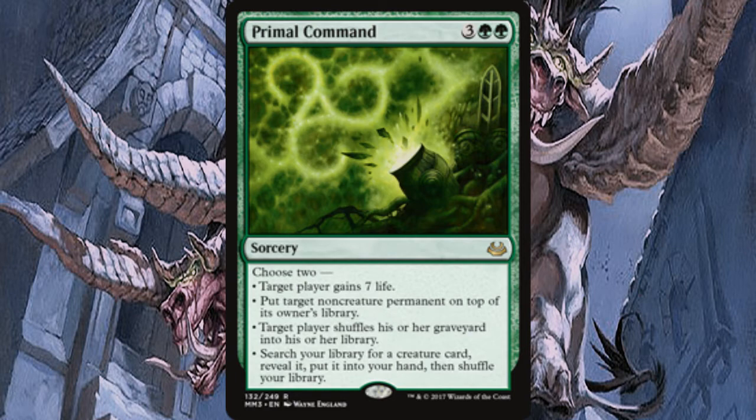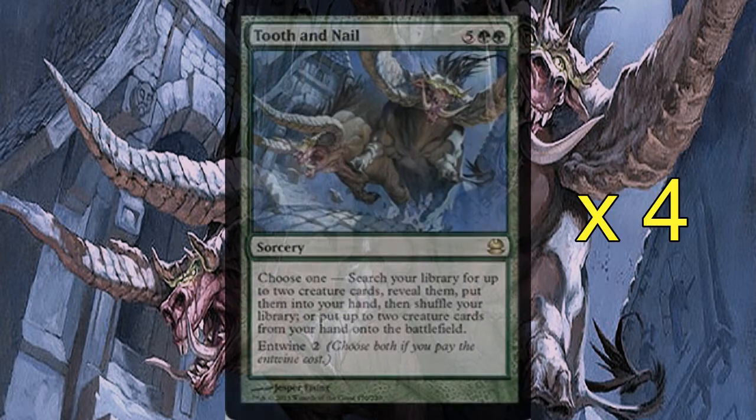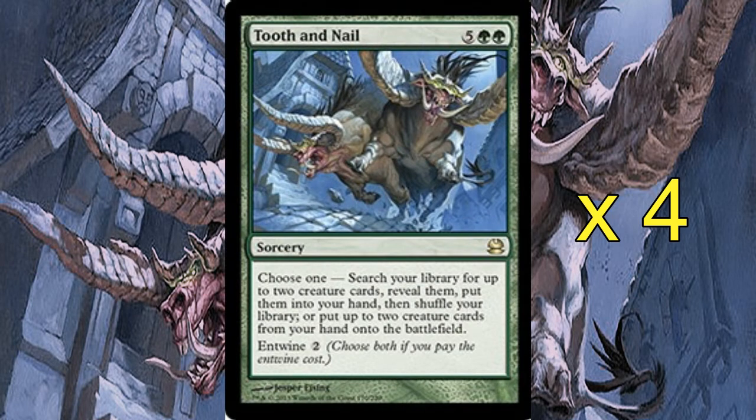And this next card, of course, is where the deck gets its name from. We're playing a 4 of Tooth and Nail, which is 7 mana. You can either choose one: search your library for up to 2 target creatures, reveal them, put them into your hand, then shuffle your library, or put up to 2 target creatures from your hand onto the battlefield. Or you can of course entwine it for an extra 2, so 9 mana overall, to do both, and this